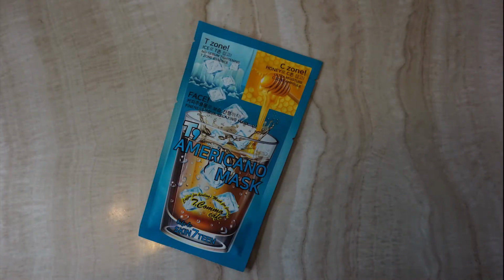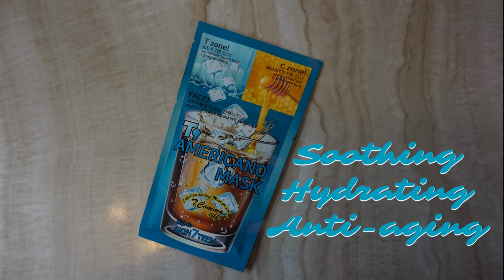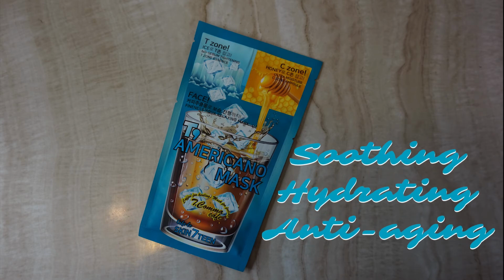The next mask is the Skin 17 Tea Americano mask. This one has 3 steps. The first step is a Moisture C-Zone ampule, which has aloe, which is anti-inflammatory, that soothes and hydrates. The second step is a T-Zone essence, which has propolis extract, which is anti-inflammatory, which soothes, heals, and balances. And the third step is a mask with coffee seed extract, which promotes production of collagen and elastin to combat